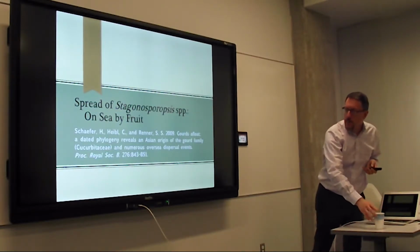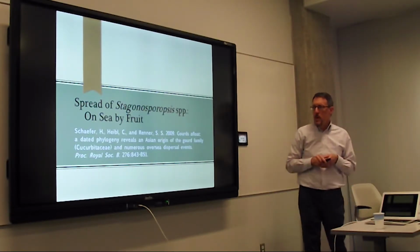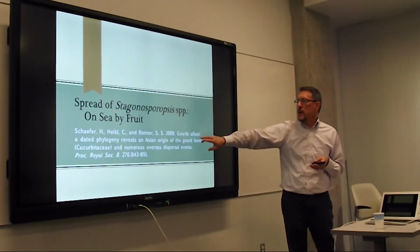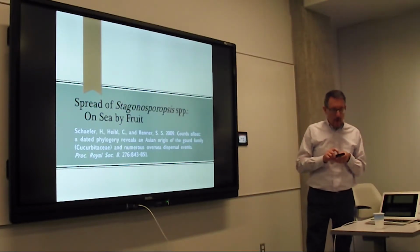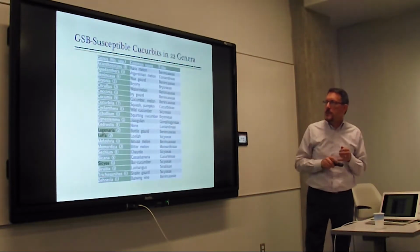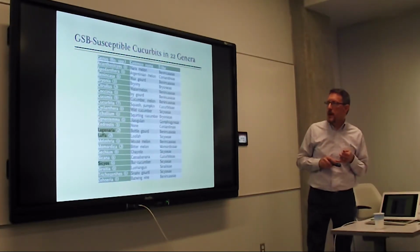Okay, spread of Stagonosporopsis by sea is a little bit more theoretical or speculative. But the idea comes from this paper with the short title, Gourds Afloat. This is the paper that proposed the Asian origin of the Cucurbitaceae based on multi-locus sequencing and phylogenetics. So this is a list of 22 genera in which there are one or more hosts that are susceptible to gummy stem blight, all different